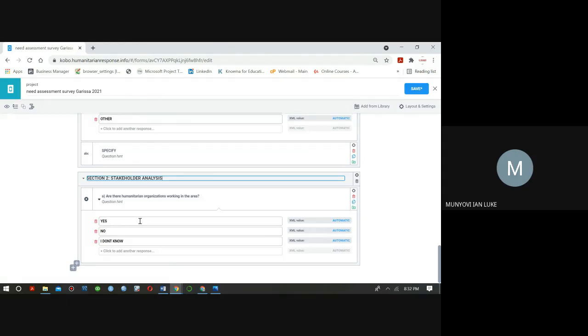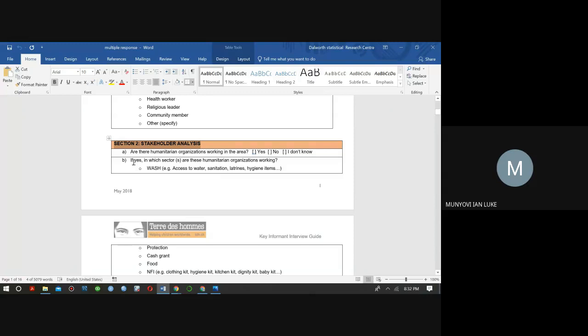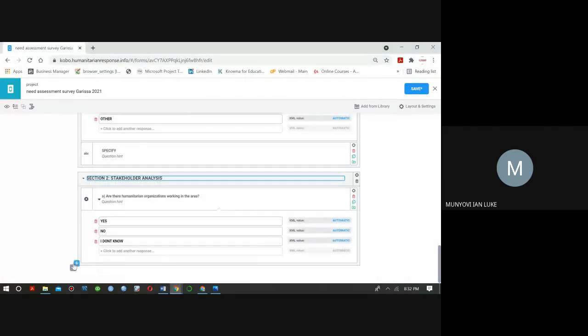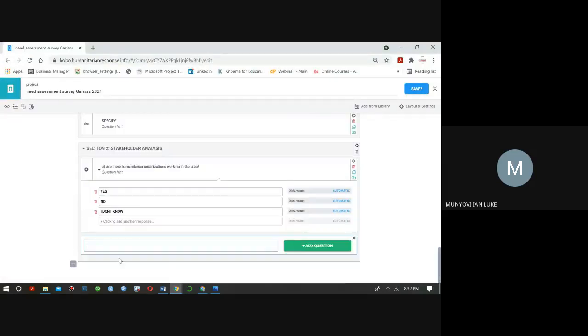Now, adding another question, the second question under section 2 is the question of if yes. So you will not come here to your server and start by saying if yes. Of course you'll add a question, but you'll not start by saying if yes. Don't do that.